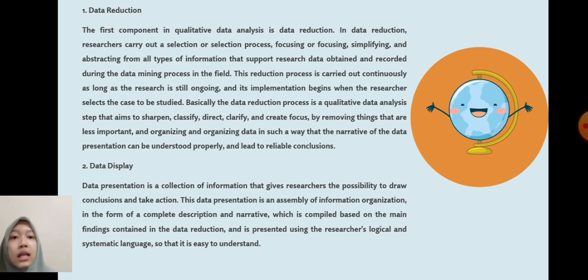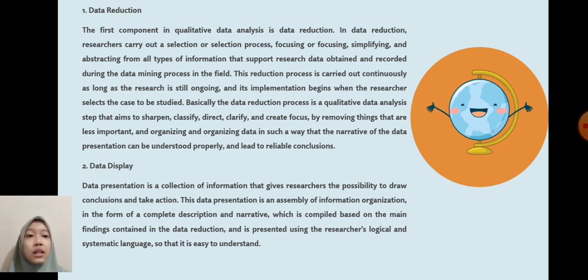Second is data display. Data presentation is a collection of information that gives researchers the possibility to draw conclusions and take action.